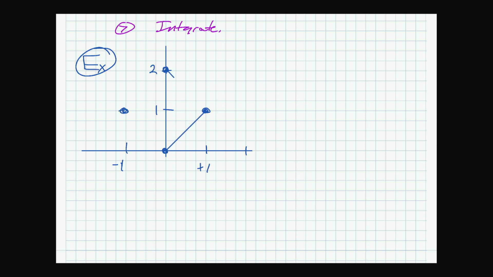So we connect the dots. They give us this region, they show us it, they shade it. And this region they're going to tell us is R. Then they're going to say, use the transformation